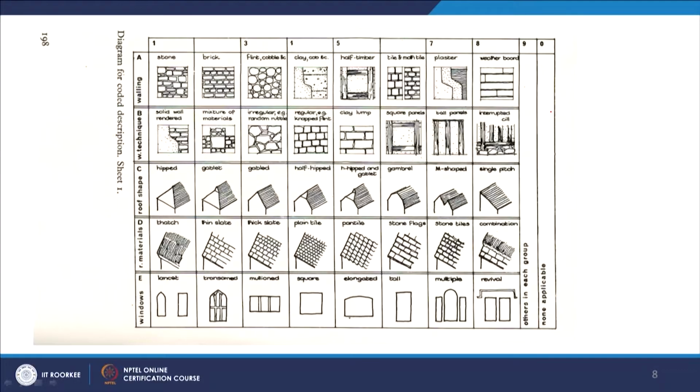So what you need to do is have a kind of coding sort of thing. What you can see here is A, B, C, D, E, F. So you have E, windows and walling and the technique, weathering technique, roof shape, materials. Here 1, 2, 3, 4, 5, 6, 7, 8. So you have the stone, brick, flint, cobble, like that. So there are a variety of options which we have in a coded sheet, right? So once you have this kind of template with you,